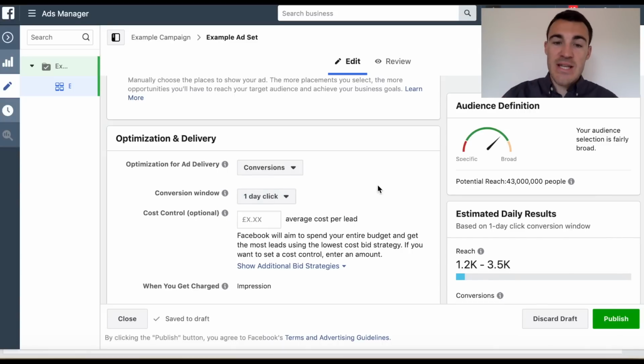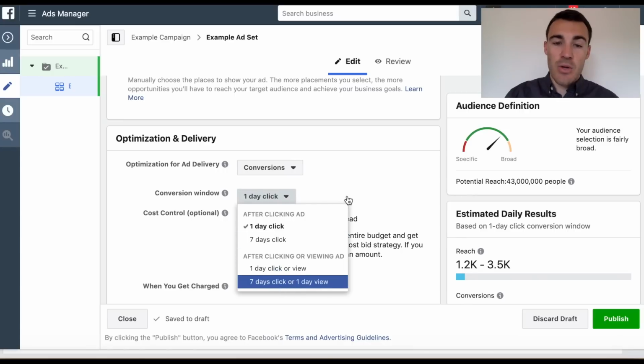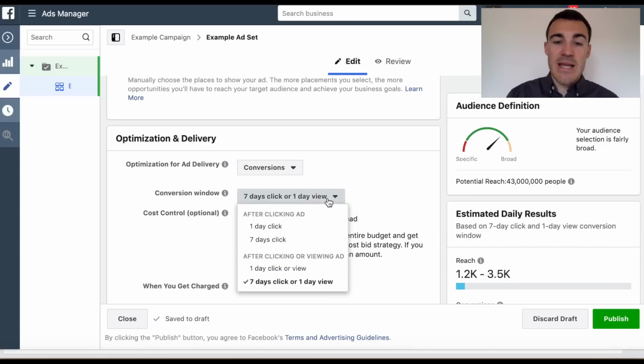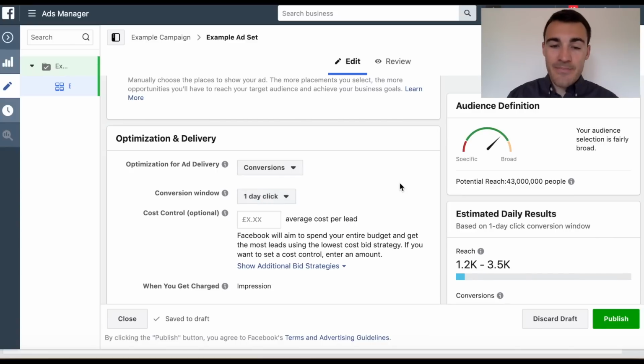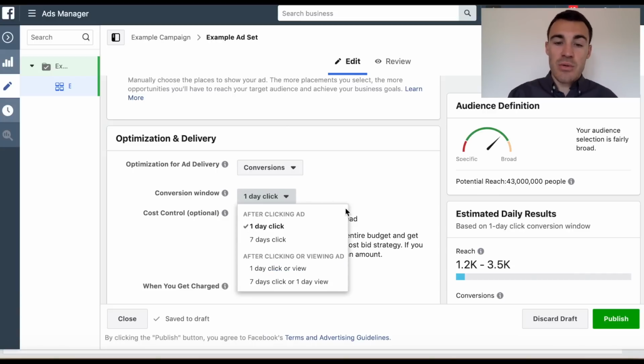We see that's usually our rule. More than 50 conversions a day, we go with the default, 7 days click or 1 day view. Less than 50 conversions a day, we go with 1 day click. These are the two options that we use nearly all the time. There are certain circumstances where you may want to